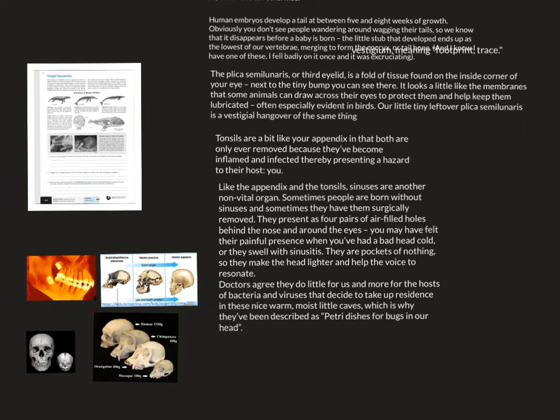The plica semilunaris, again, these words, pronunciation, forgive me, I'm probably slaughtering them. It's a third eyelid. It's a fold of tissue that's in the corner of our eye that in cats, for instance, you can actually watch them. If you ever watch cats, you'll see that third eyelid kind of squeeze on by and almost like a wiper wipe off the outer part of the eye. It helps lubricate the eye, helps protect them against any damage. Dogs have this third eyelid as well.